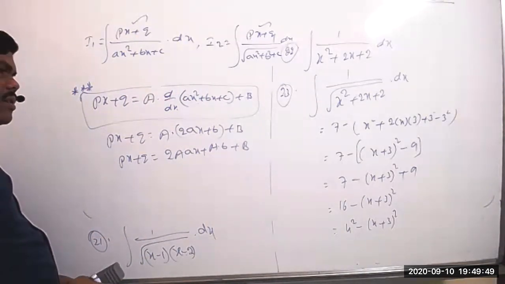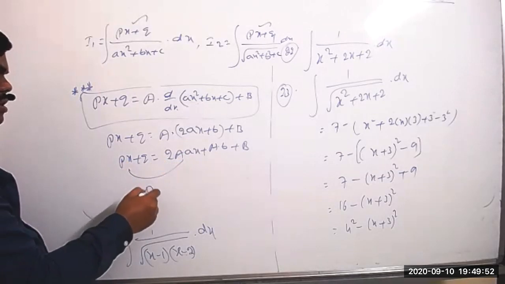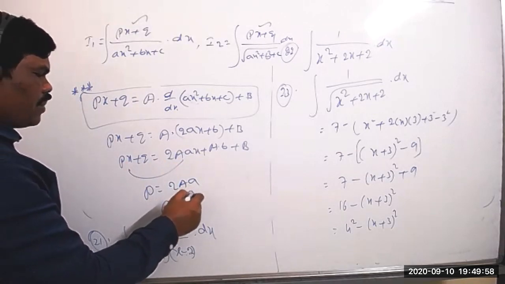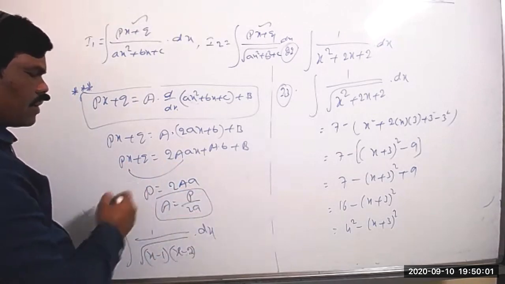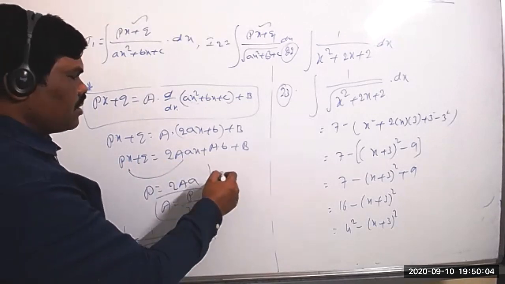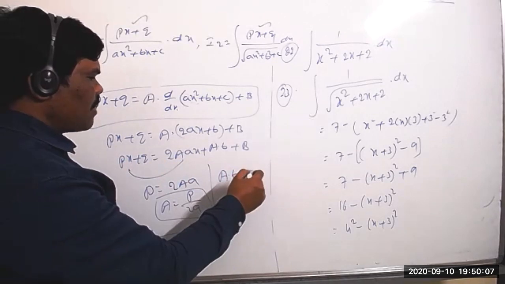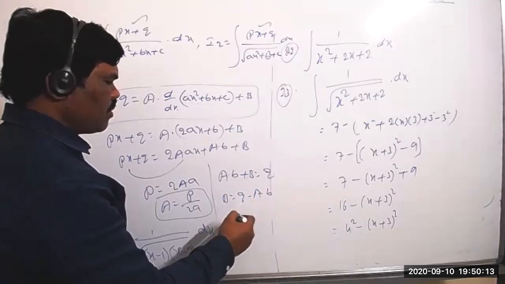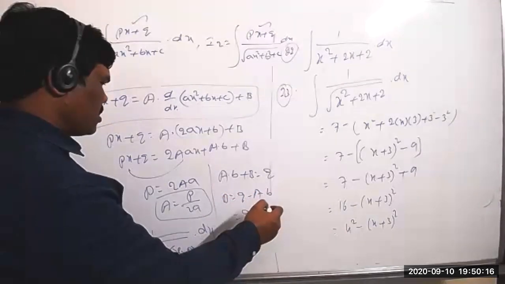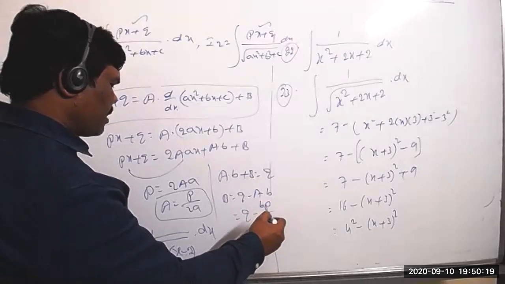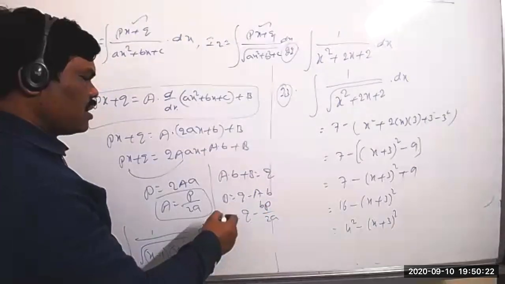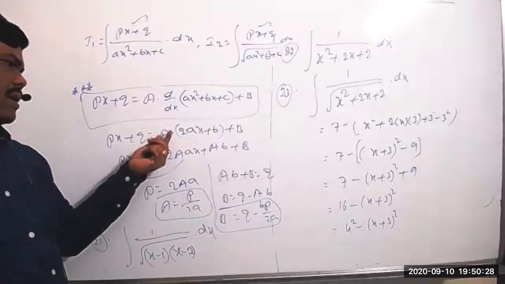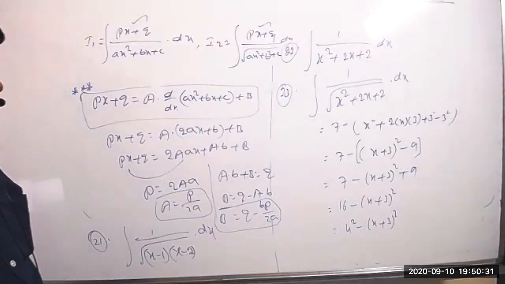Okay, the method. So we compare now both sides. Comparing x terms on both sides, the value of p equals 2 into capital A into small a. So capital A equals p by 2a. Like this, the same constant values you can compare. Constant values: capital A into b plus capital B is equal to small q. So capital B equals q minus capital A into b. Anyhow, capital A we just got, that is p by 2a, so bp by 2a is the value of B. Now this value of A and B, you can substitute in place of A and B here.